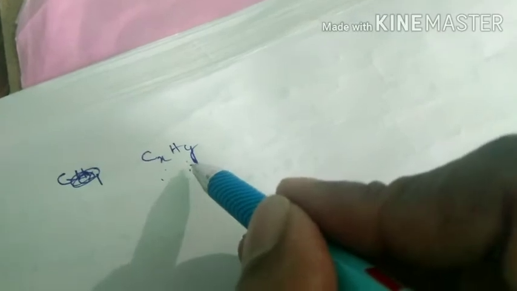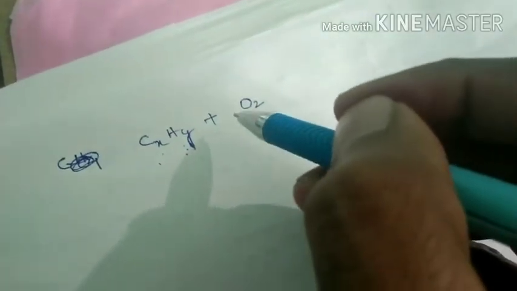Wait, I will take one more example. I take a general example, CxHy. That means this is one hydrocarbon. Why is it called a hydrocarbon? This hydrocarbon contains x number of carbon atoms and y number of hydrogen atoms. When any compound contains carbons and hydrogens, then it is considered as a hydrocarbon. My point here is, when any hydrocarbon undergoes combustion, that means when it reacts with oxygen, then we get x